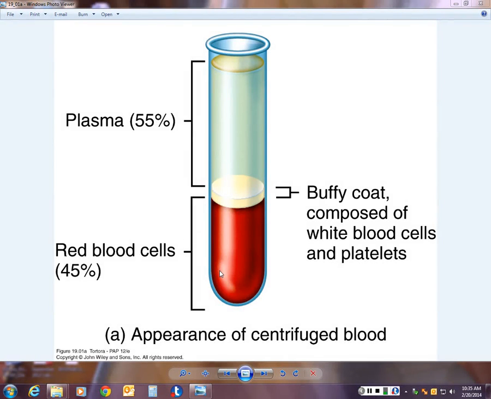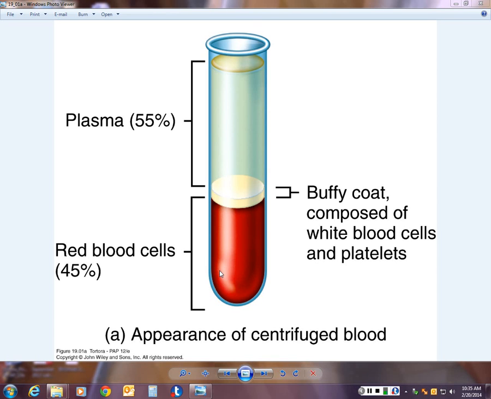Here we want to talk for a few minutes about the components of blood. If you take a look at the image on the screen, what you see is the result of a procedure called centrifugation. If you take a sample of blood, place it into a small test tube, and then place that tube into a centrifuge, which is basically a machine that spins around very quickly, it allows all the heavier components of blood